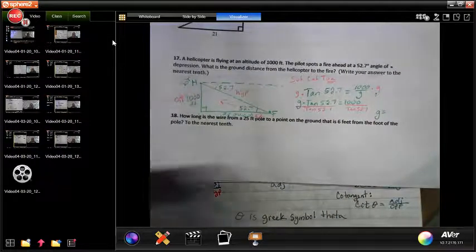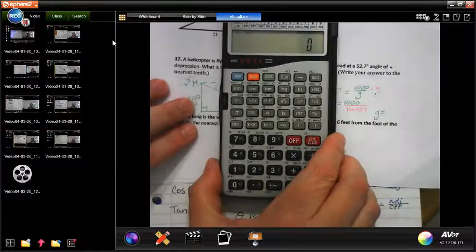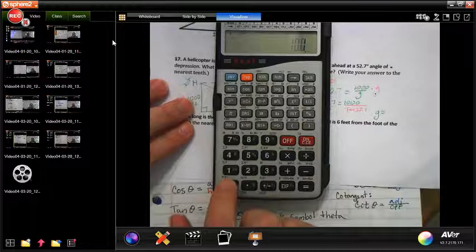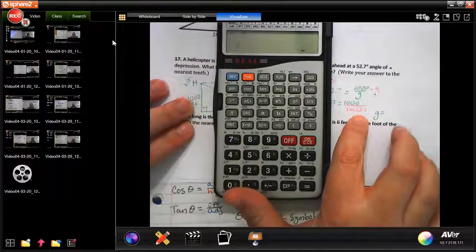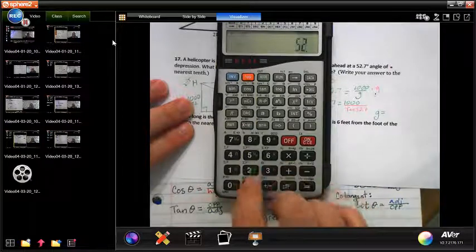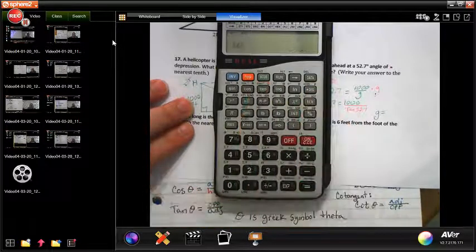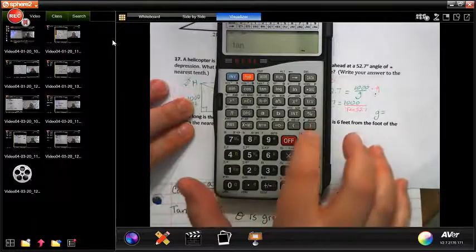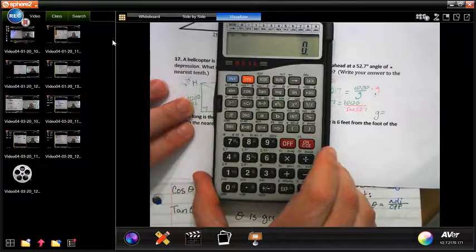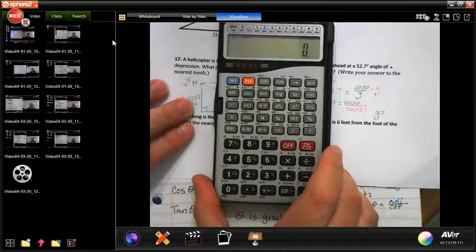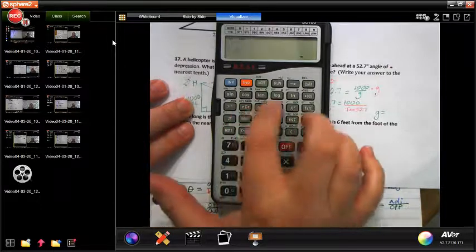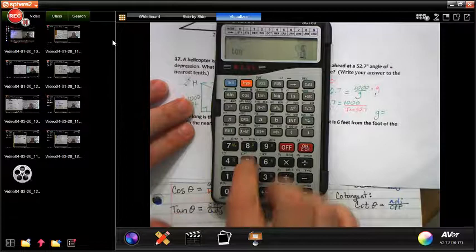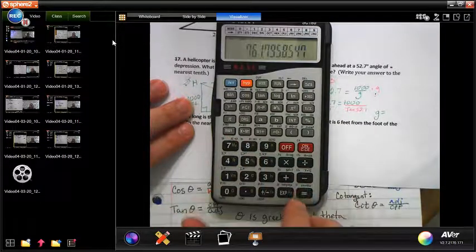Okay, so my calculator that I have here at home is the iPhone type calculator. So I type in 1000, and I'm going to press the divide sign. That's the fraction bar. And then tangent of 52.7, I can't just type the word tangent. I have to do 52.7 and press tangent. Oh. Okay, so I'm learning something new. I'm going to redo this because apparently this calculator is a little bit different. So 1000 divided by, and this one pops up with the word tangent. So that's kind of nice. 52.7 equals